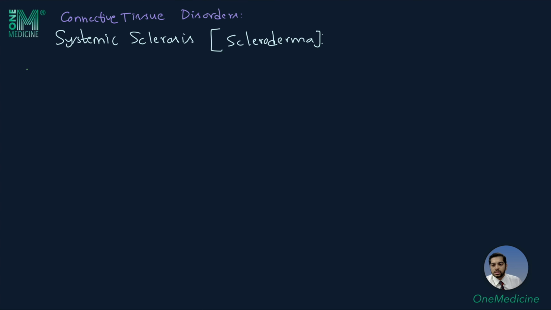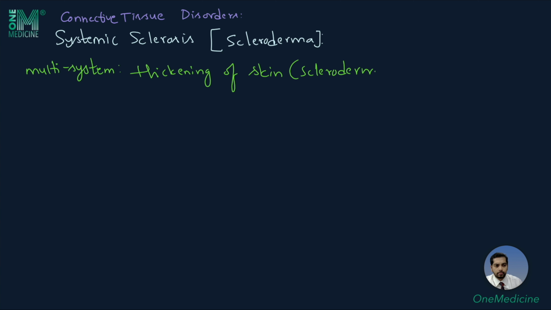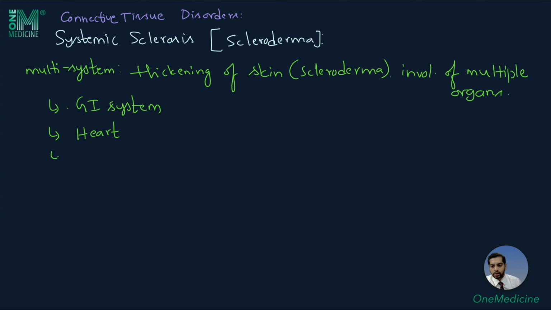Systemic sclerosis is a multi-system disorder characterized by thickening of skin, which is called scleroderma, and distinctive involvement of multiple internal organs. Important organs that are involved include the gastrointestinal system, heart, kidneys,